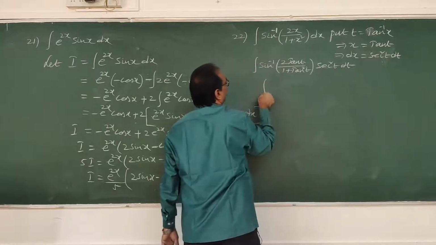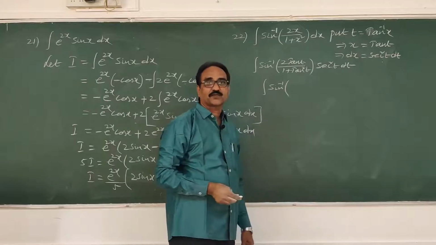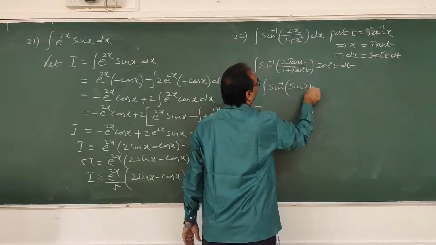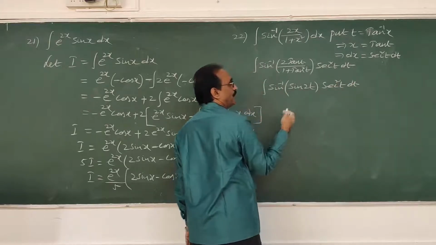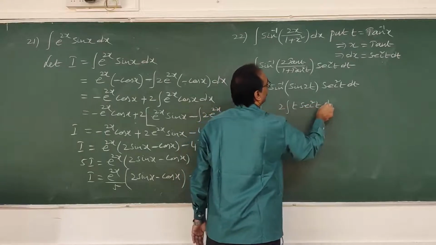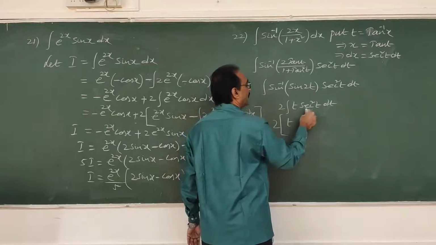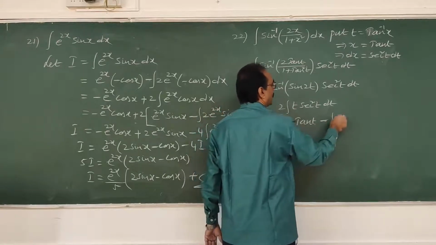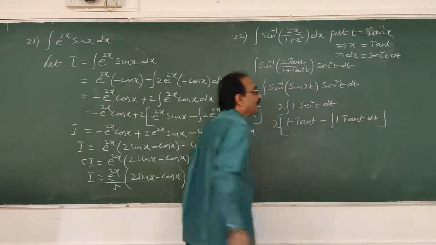Okay. Now integral sin inverse, my dear students, you are very familiar: 2 tan theta by 1 plus tan square theta is sin 2 theta, so here sin 2t. Sin inverse sin 2t into secant square t dt. What is sin inverse sin 2t? 2t. So 2 will come out: 2 t secant square t dt. Here we will do by parts. So 2 keep outside, and the first function is t, integral of secant square t is tan t, minus integral of derivative of t, 1, into integral of secant square t, tan t dt. Okay? I didn't do anything.